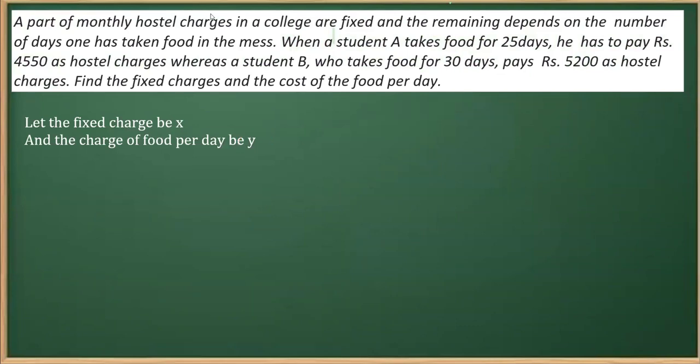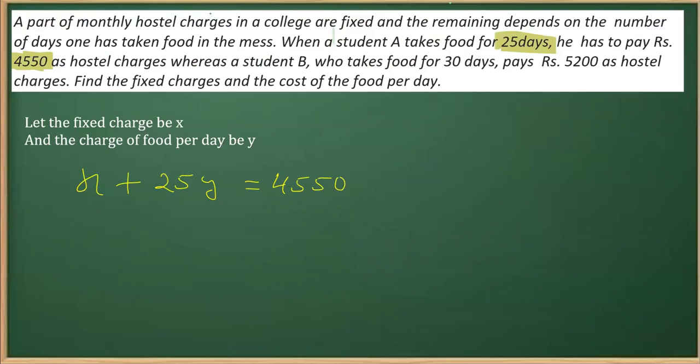Case one, when the student A takes the food for how many days? 25 days. So taking the fixed charge to be X, the total hostel charge will be the fixed charge X plus 25 times Y, because it is Y rupees per day. And that should be equal to the total charge, which according to the question is